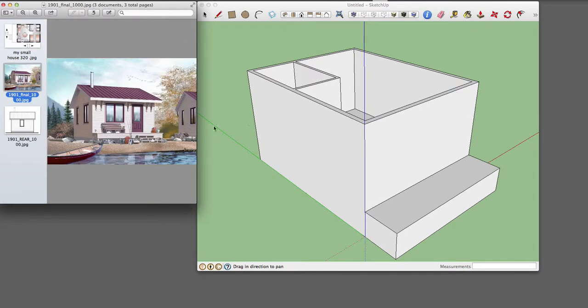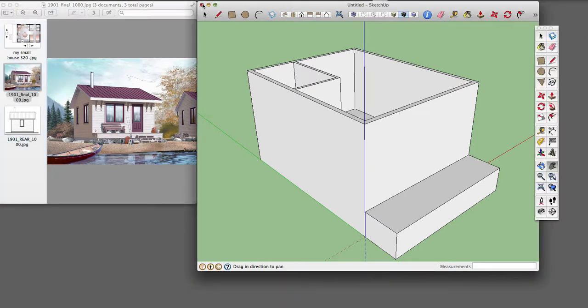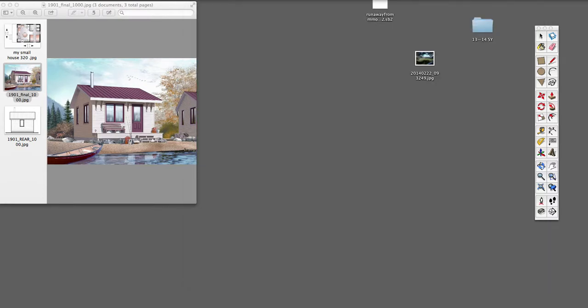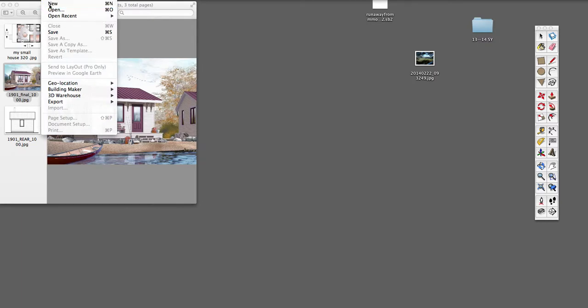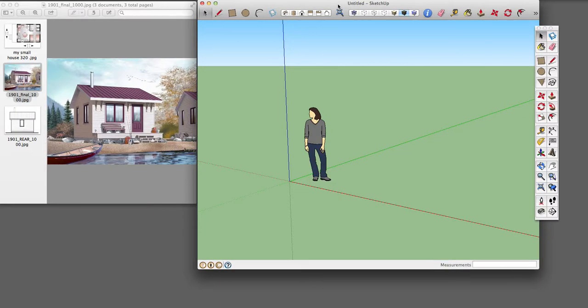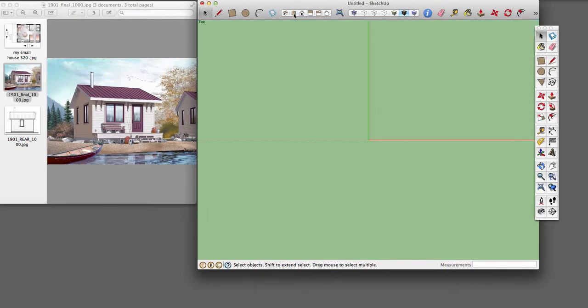I've actually gotten the shell in. This is what we'll be drawing, and then I'm going to redraw it so you can see exactly how I did that. So for right now, I'll close this, and I don't need to save it. And I'm going to make a new window in SketchUp, and I'll just slide it over here. The first thing I'm going to do is delete this figure, and then I will go into bird's eye or